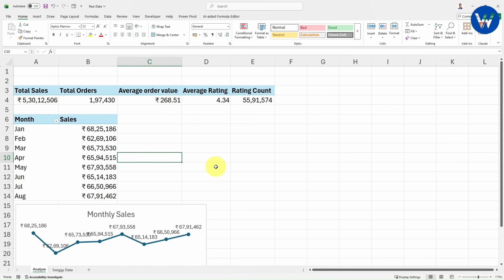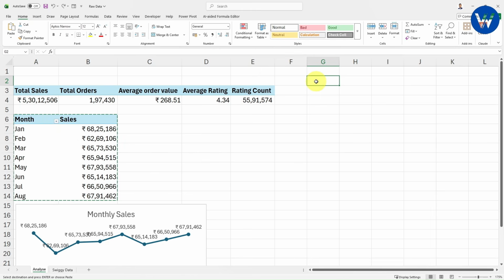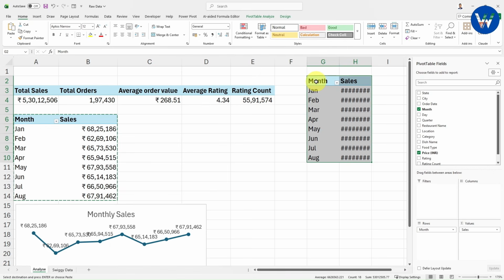Now let me tell you one important point. Instead of creating a pivot table every time new, what you can do is create a duplicate of this table. Let's suppose you want to create the duplicate, it is very simple. Either you can do copy paste like this, press Ctrl C, select the table, select the cell, now paste the pivot table, press Ctrl V. Now you will get the duplicate of this pivot table.